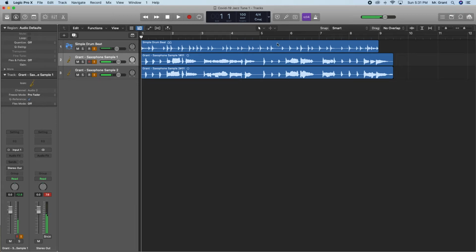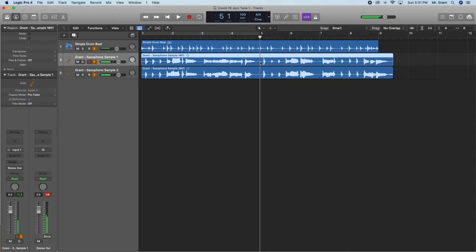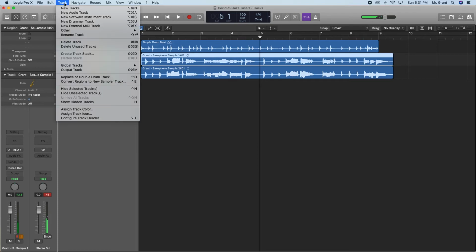Now we can do this a couple of different ways. We can take our playhead here and we can drag it and move it to wherever we want to cut the sample. And so I want to cut this part here. I want to separate out this part, and make two different clips out of it, two different regions out of this one sample. So we can either move the playhead, select our region, then we can either right click or we can go up to track